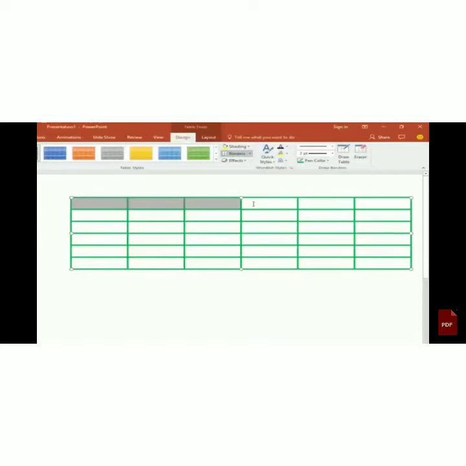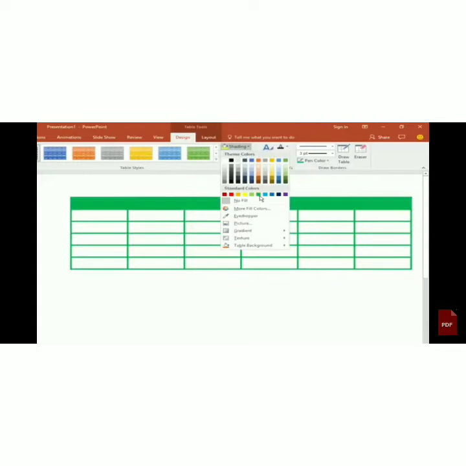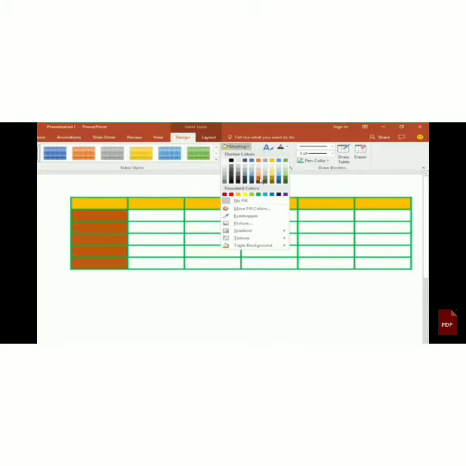Okay? Now I am going to tell you how to apply table border and background. For doing this, you have to click on the Design tab. After that, so many options will be opened. From these options, you can change the color of your table, color of the rows, columns, which color you want. You can change the color of rows and columns from these options. So many options are given.